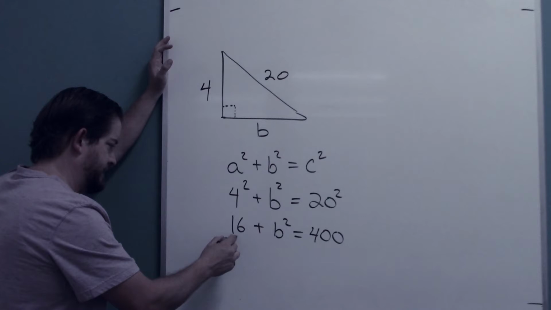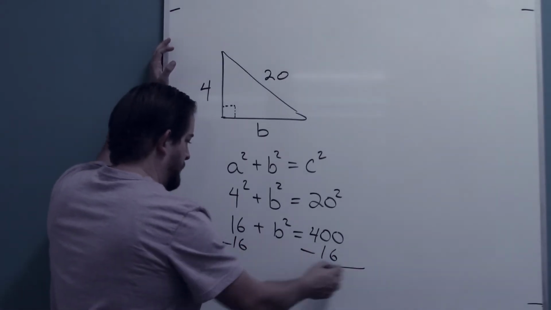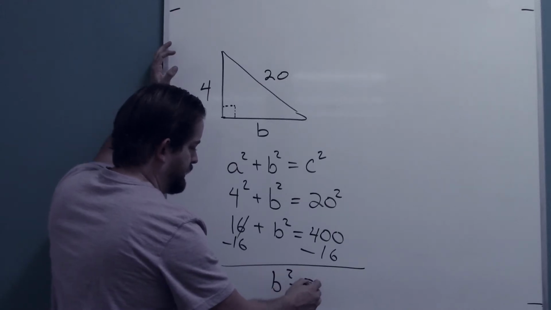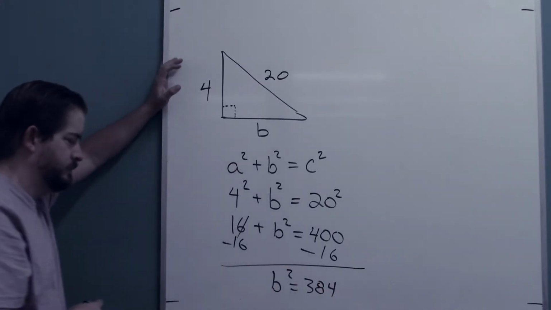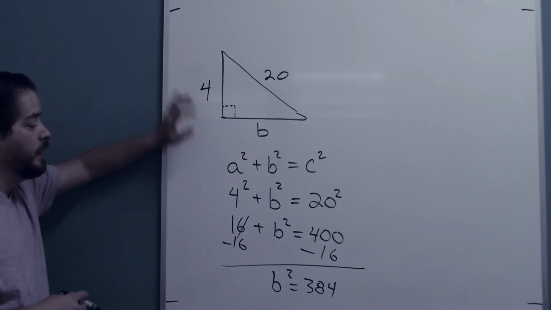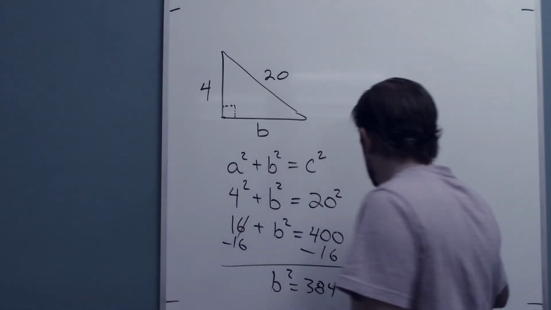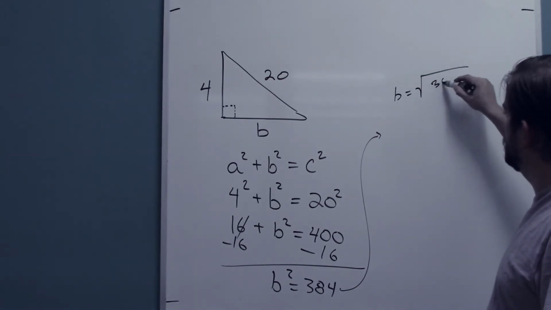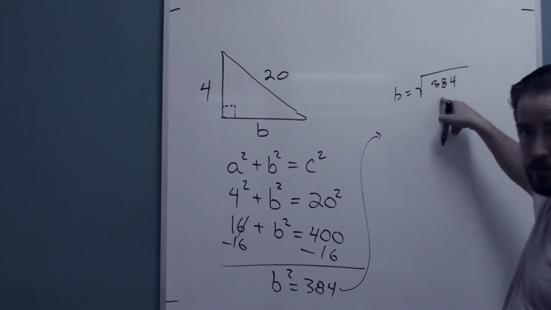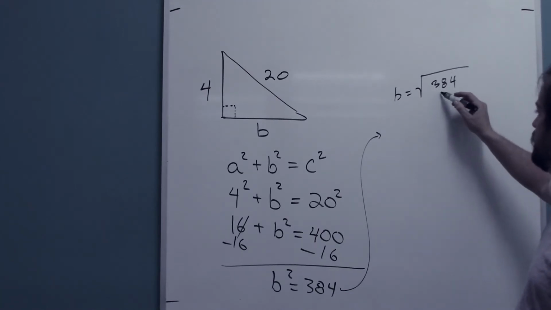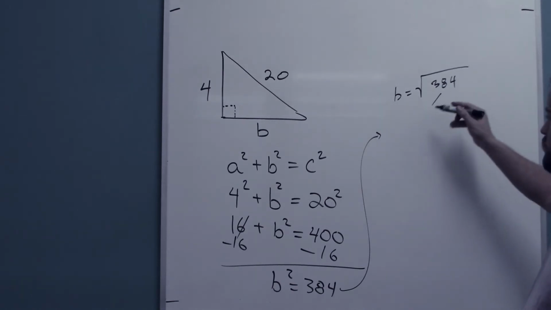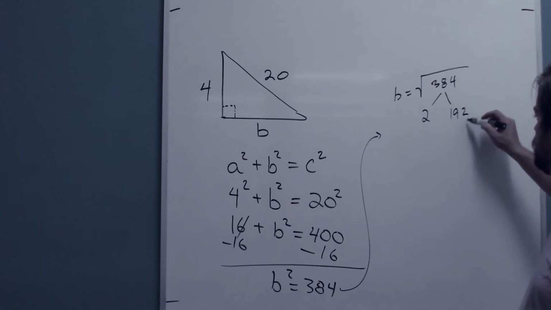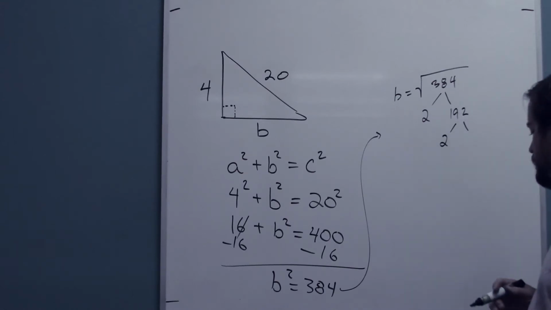And so I'll just minus 16 from both sides. And so I have b squared is equal to 384. And so if I square root each side, then that tells me that b is equal to the square root of 384. And if I can simplify this, I will want to. So I will. I'll divide it by 2. 384 divided by 2 is 192, which is divisible by 2 again, which gives me